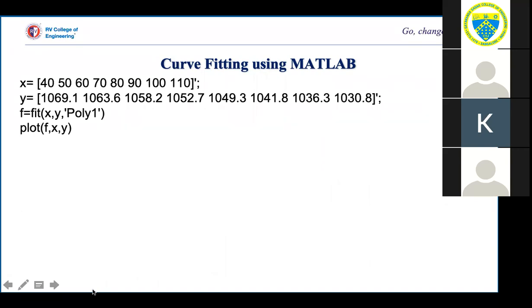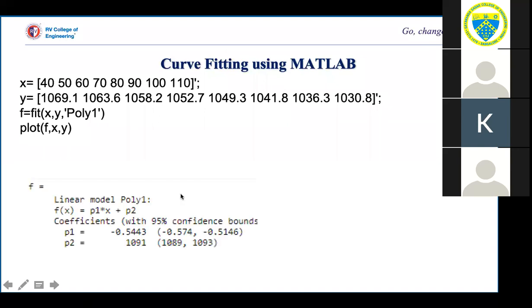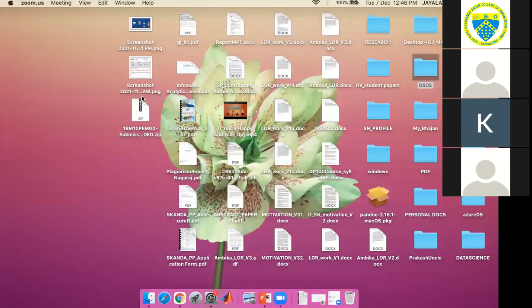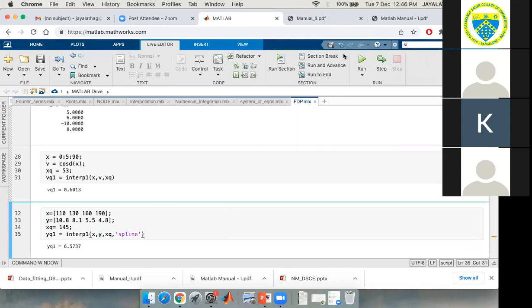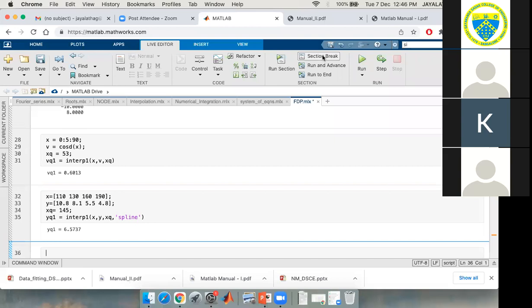Now you have become familiar with matrix notation. You have to take x and y as column vectors, so I have put a prime here. I'll just show an example.